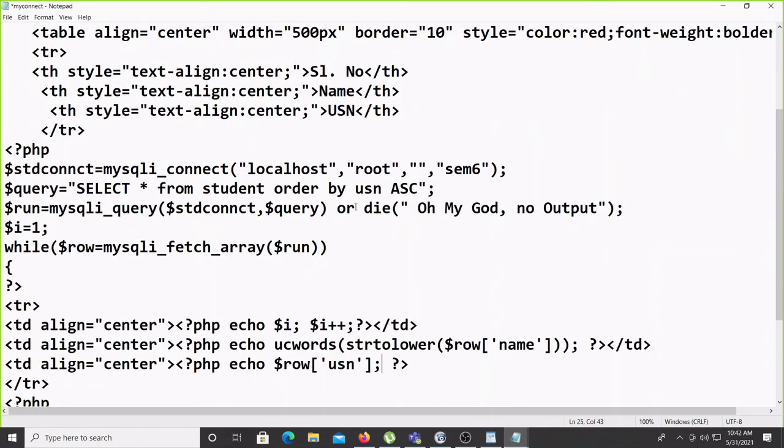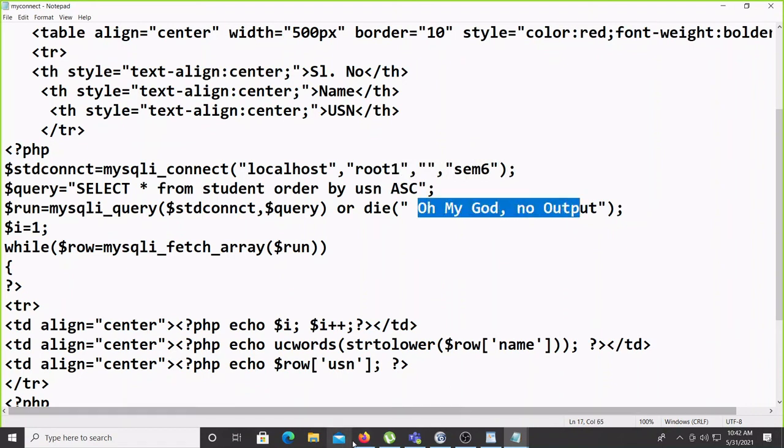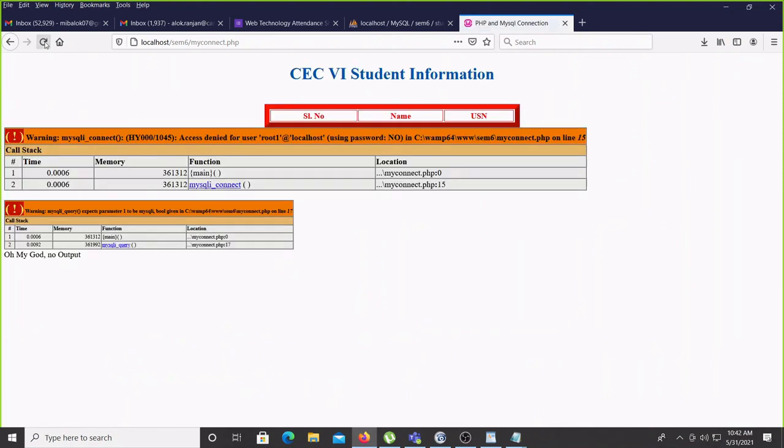Suppose that connection any problem is there, suppose that localhost, root, semester 6, so I will make a mistake here, root1 I did, so we'll get this message, oh my god, no output will come. Refresh. Now you will see, yeah, see here message is coming now, oh my god, no output.